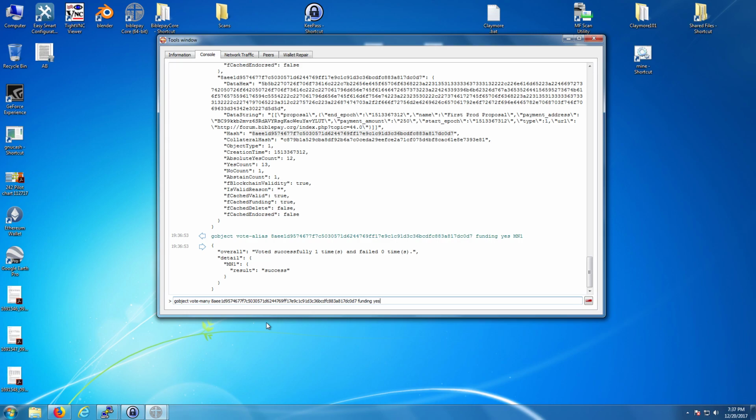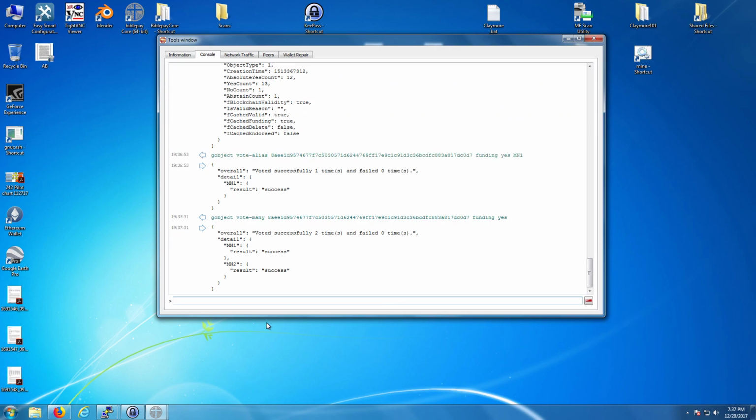And since I'm saying many, it's going to vote for every Masternode controlled by this wallet, which in my case is Masternode 1 and Masternode 2. And I don't have to add another argument for that. Hit enter. And then it gives me the result, voted successfully 2 times, failed 0 times, and it says, here's